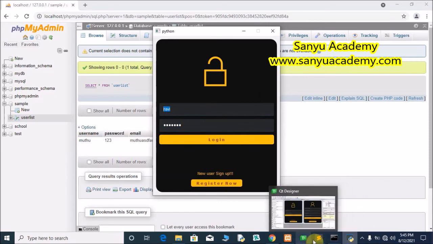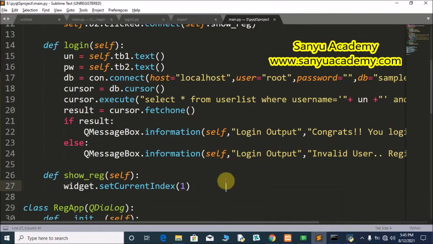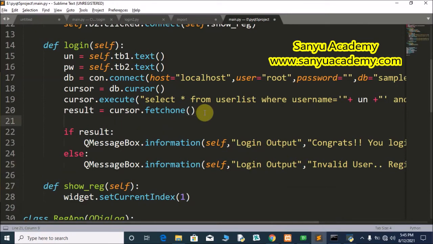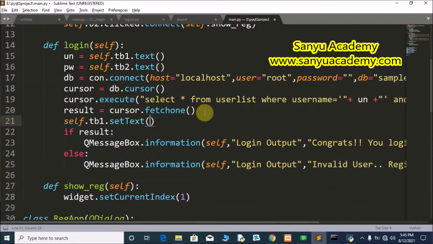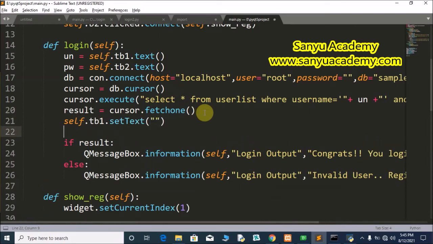For that, go to the code, and after or before showing the message, we have to clear the text box. self.tb1.setText empty, this will clear the text box. self.tb2.setText empty. Save the form and run the project once again.